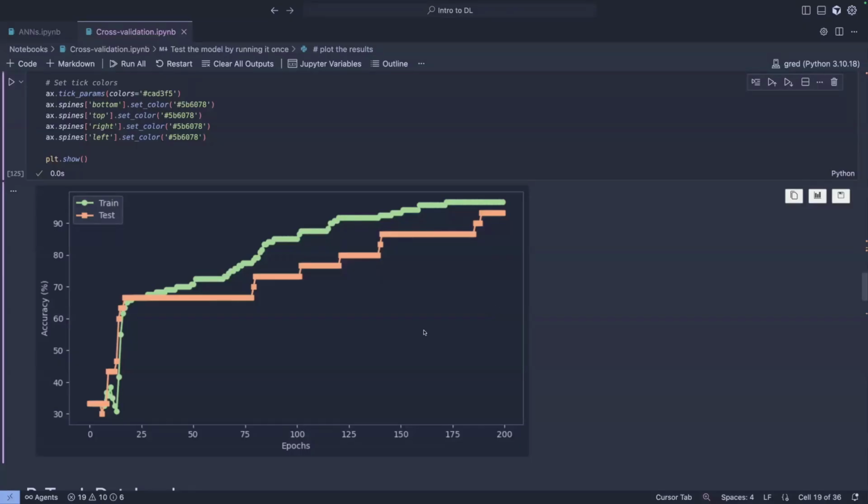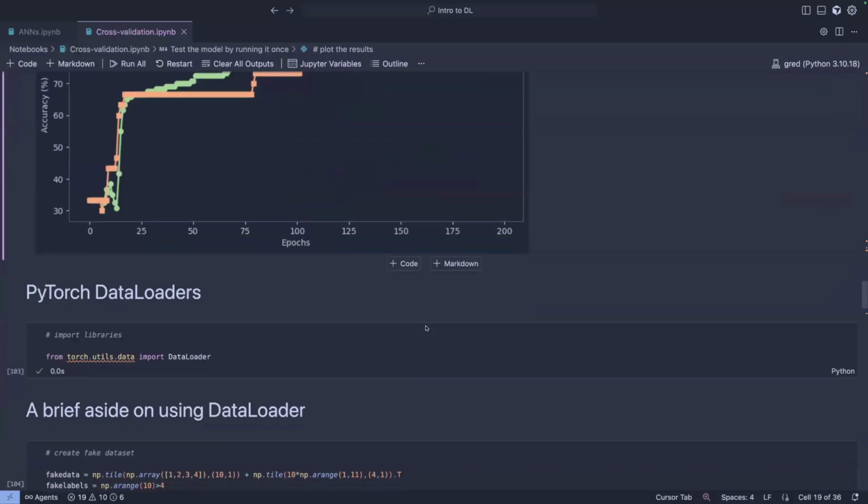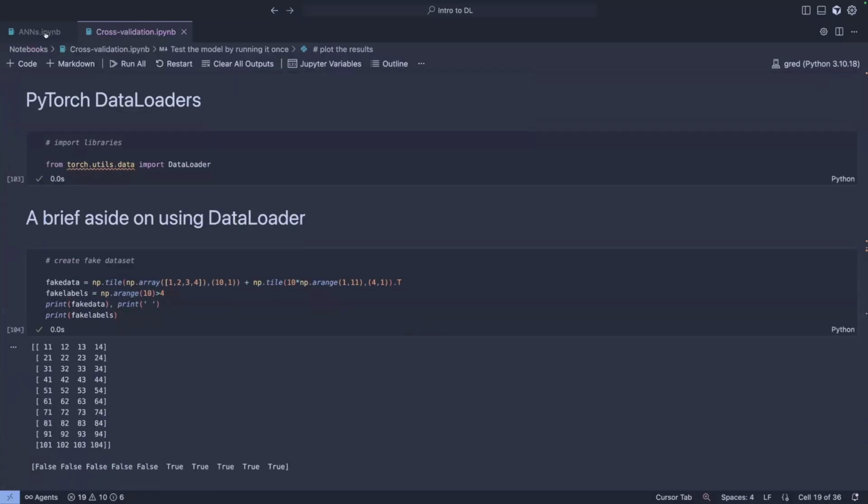Okay, the last thing I would like to show you today, and this is really, really important, is the PyTorch data loader. So once you get into bigger models and bigger data sets and stuff like this, really what people use on a day-to-day basis, and this is the kind of production level that you would use, is the PyTorch data loaders. And what this really does is it gives you an iterable of your data that you could just pass to your training loop, and it does this in a very nice and easy way.